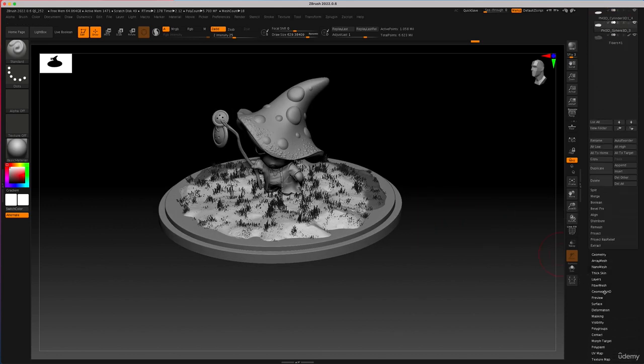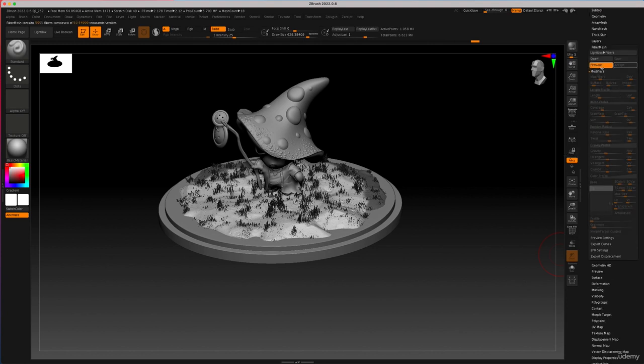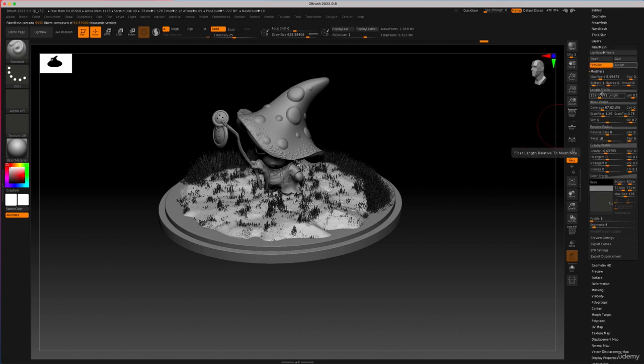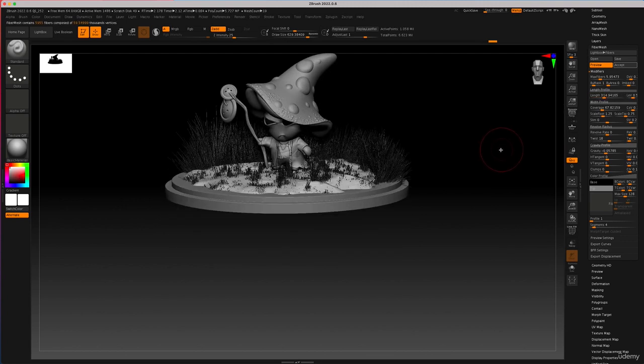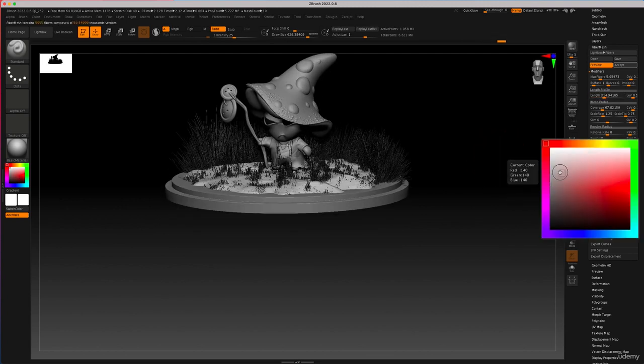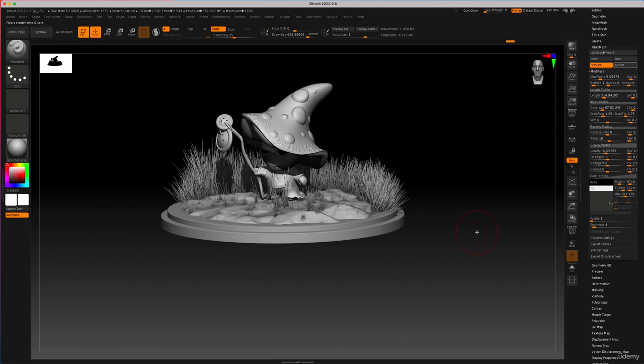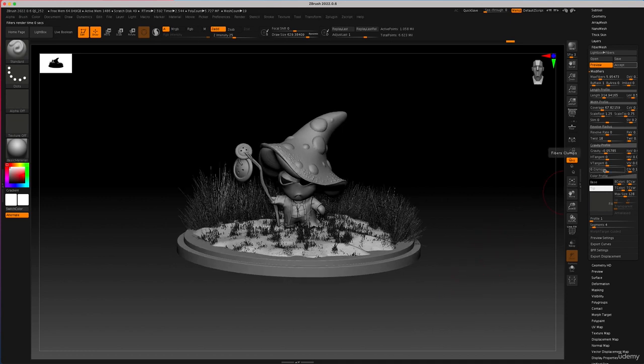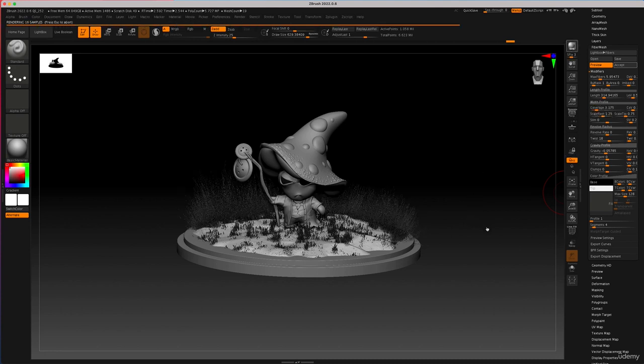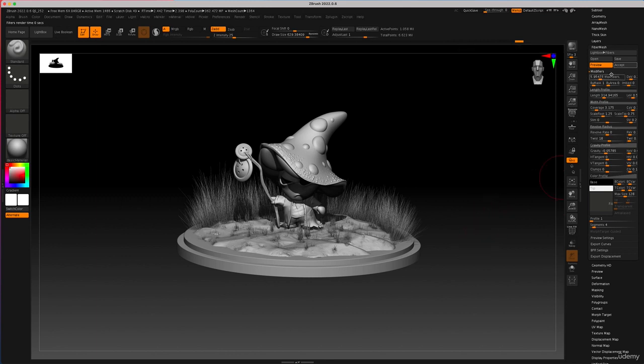Then we'll go through and hit fiber mesh again by hitting first preview, changing the length to something a little bit easier. And maybe I'll make the tips a little bit wider. And we can see a demonstration of grass. Now with this grass, I can say it's probably going to be a little bit too high on the coverage, so I'll lower that down and do another preview. Yeah, it's a little bit more grassy. Make that grass slightly